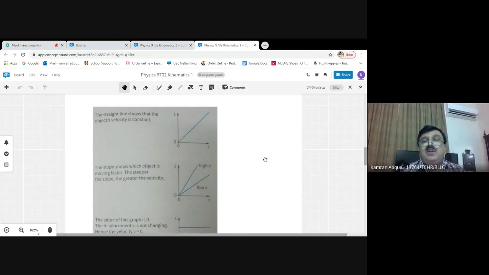So I'm beginning with the distance time graph. You can see that distance is being plotted on the y-axis and its symbol used is small s, while time is being plotted on the x-axis and its symbol which is being used here is small t. Are you aware of the independent variable and dependent variable? Yes, sir. So time is an independent variable while distance is the dependent variable which depends on the value of